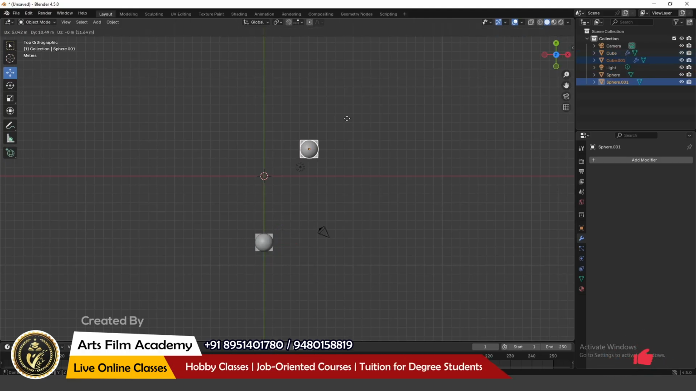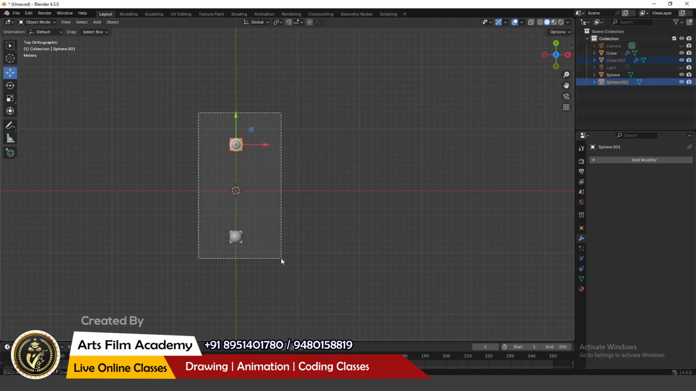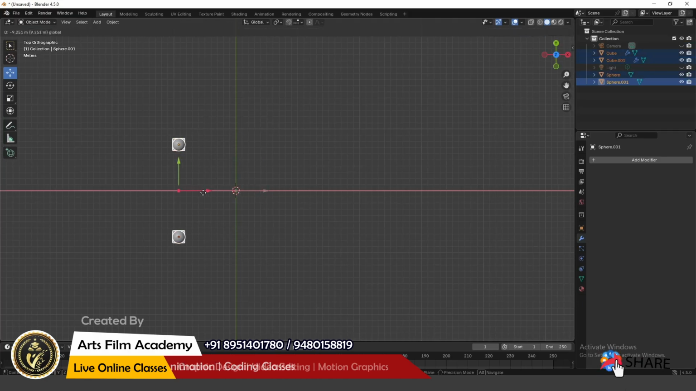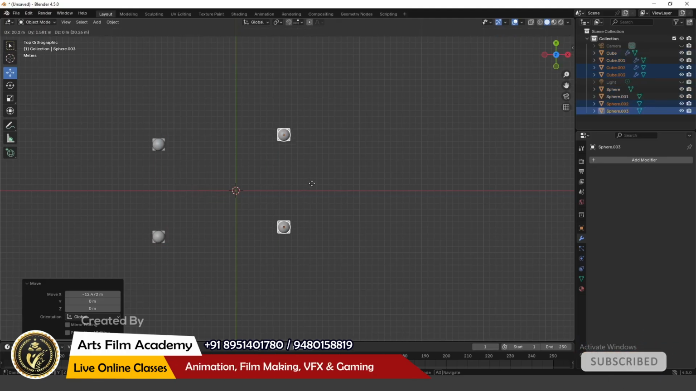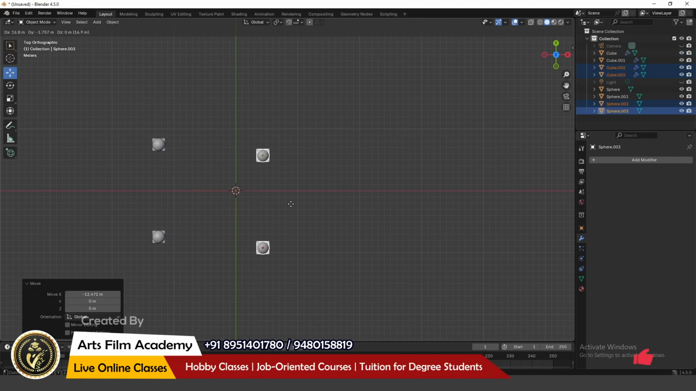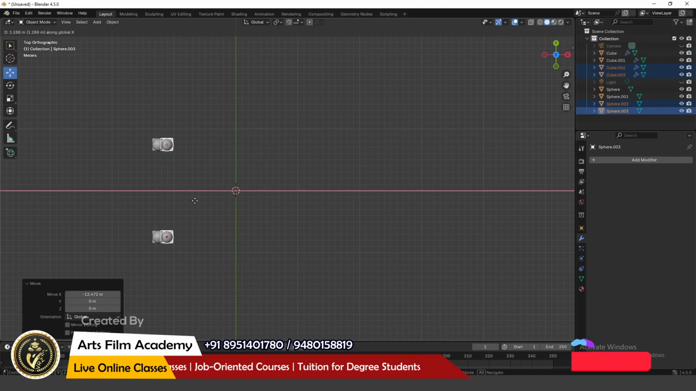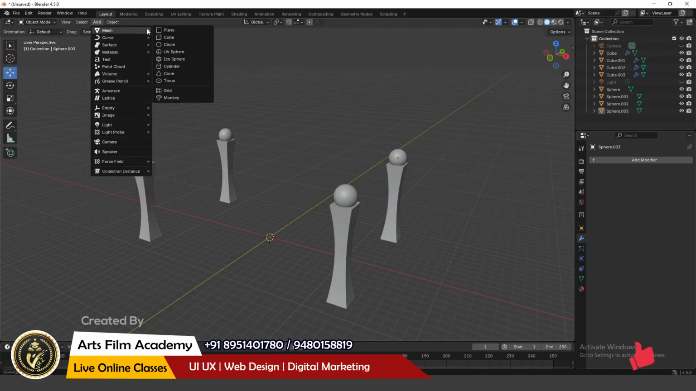So Alt D allows you to have a relation between the duplicates. So let's select this and position somewhere here. I'll make another copy, Alt D, and I want to move in X direction, the red color line. So I'll click on X so that it will snap to X direction, and I'll position it somewhere here. I'll add a cube to create the bed,